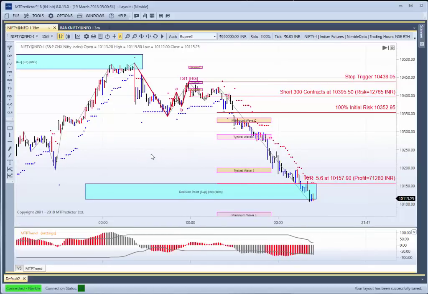So I hope you can see this is a good example of using MTPredictor on slightly longer term Nifty charts, but also the whole general idea of how we use MTPredictor. We're not using it as a black box system where we blindly take all the setups. You can see there were potential trade setups on the way down here. Can you see this? There were some history triangles, particularly this one